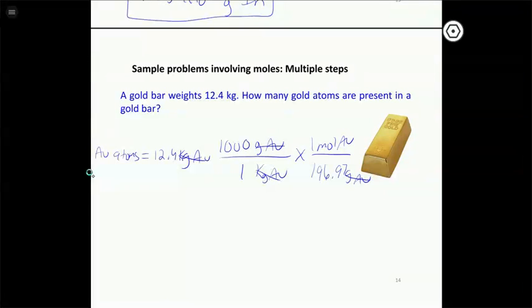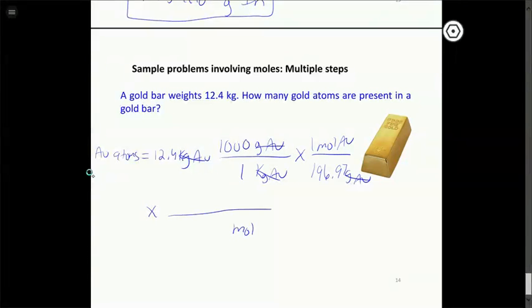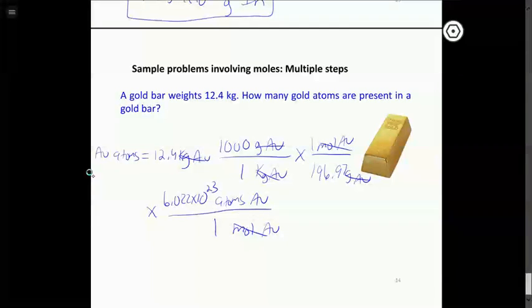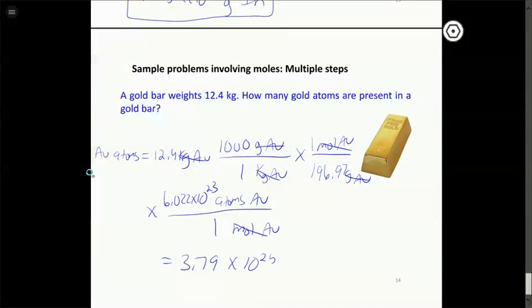But again, the problem looks for individual gold atoms, so we have to do one more step, which is Avogadro's number. We want moles to cancel out, and then we're going to convert into atoms. So there are 6.022 times 10 to the 23rd atoms in 1 mole. So moles cancel out. We've now converted into atoms of gold, and so we get a pretty large number here, 3.79 times 10 to the 25th